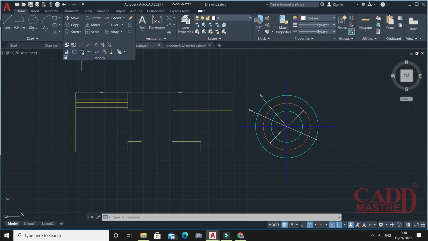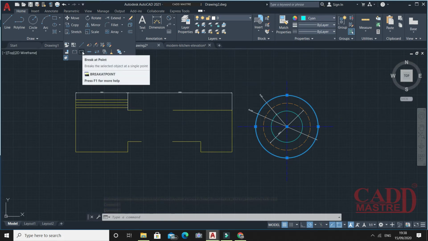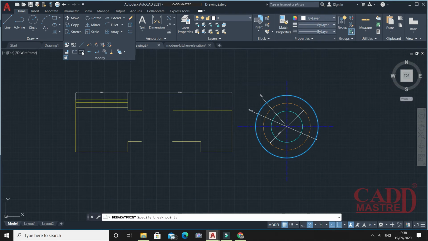If suppose we use break at point for the circle, if I select here, move the cursor away and select my next point, now see the circle can't be broken. But if I use the same thing for a line or polyline, then it will give you results.